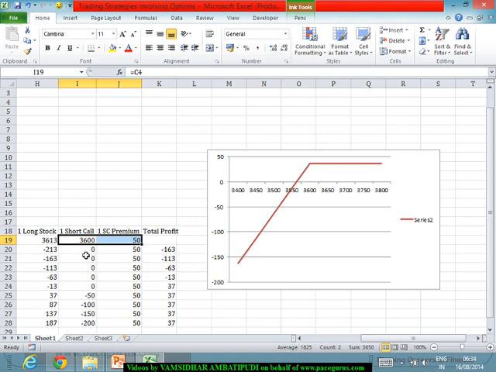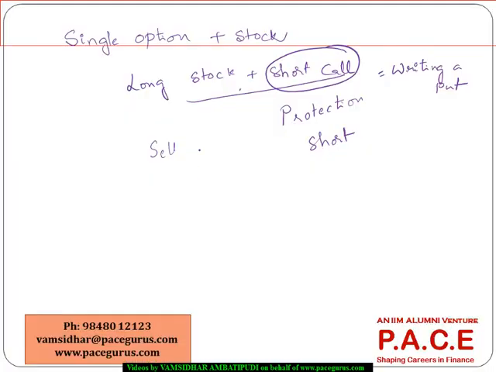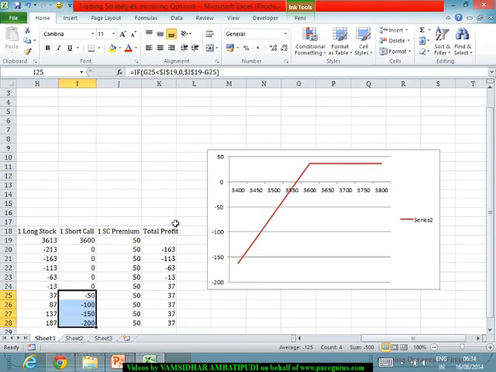When the stock price is falling, you are going to get your premium. But if the stock price is increasing, there is a huge loss that's going to get mounted up. So to protect yourself against that huge loss because of the short call strategy, we are going long on the stock to protect ourselves,